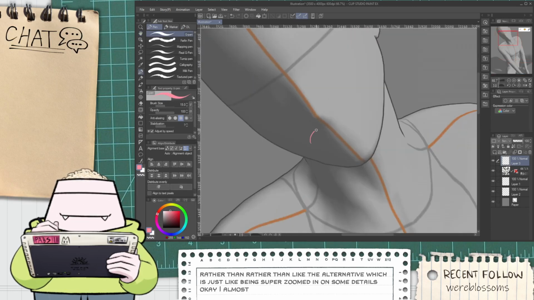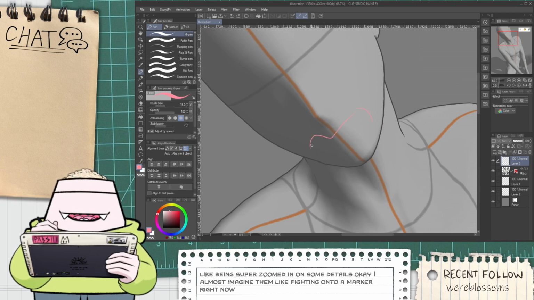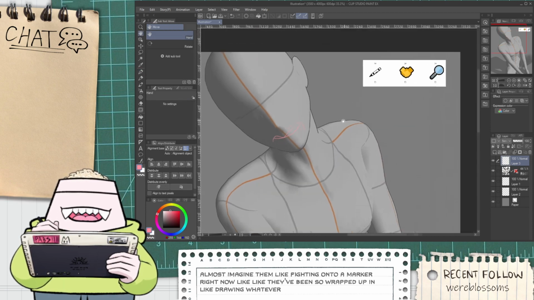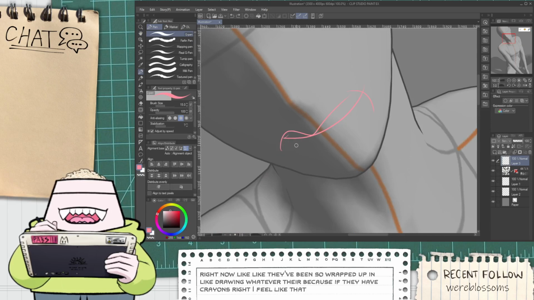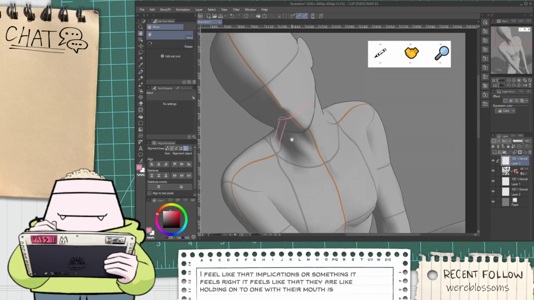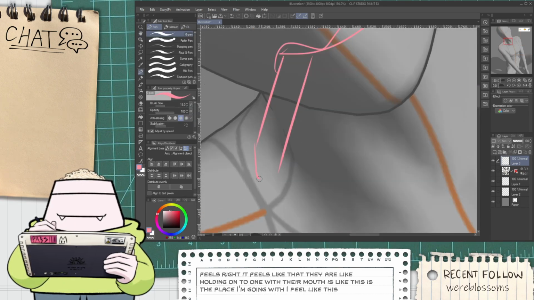I almost imagine them biting onto a marker right now, like they've been so wrapped up in drawing. Because if they have crayons, I feel like that has an implication of childishness or something. It feels right that they're holding on to one with their mouth. If this is the pose I'm going with, I feel like this is a lot like